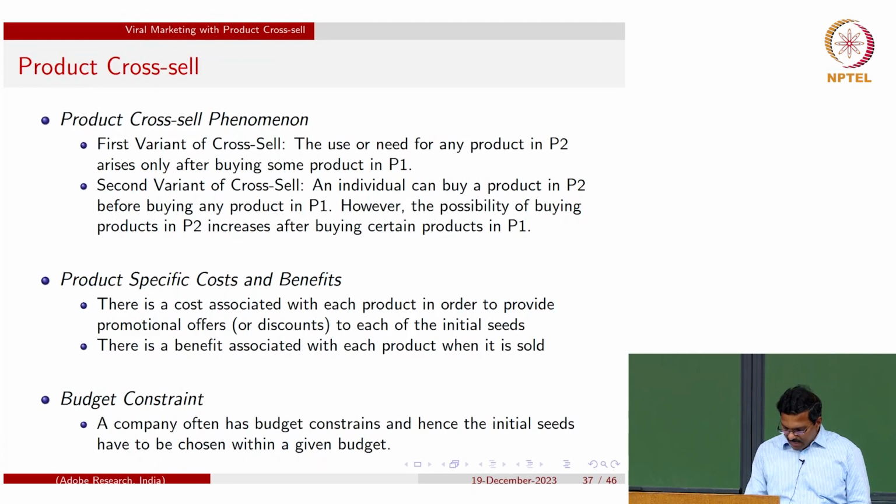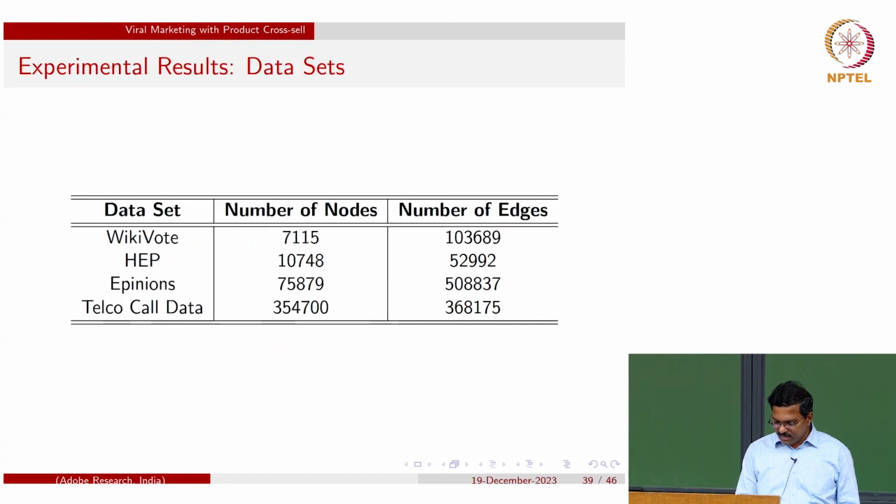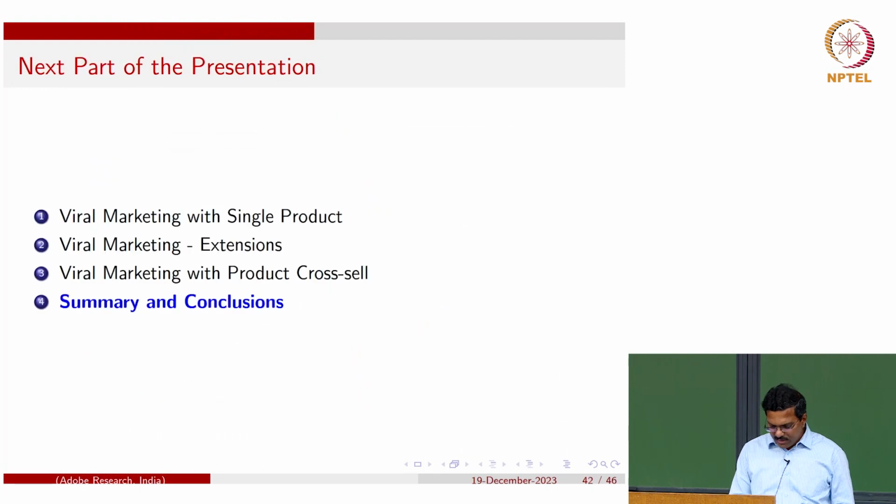And even product cross-sell, I myself have worked in this area. Ours is one of the initial works in this particular aspect, the product cross-sell scenario. If more than one product is targeted, at least 2 in other words, and these products are related to each other via some cross-sell relationships, how do you effectively select the influential nodes for each product? We have extended the linear thresholds model for this setting, and you can look at that paper.